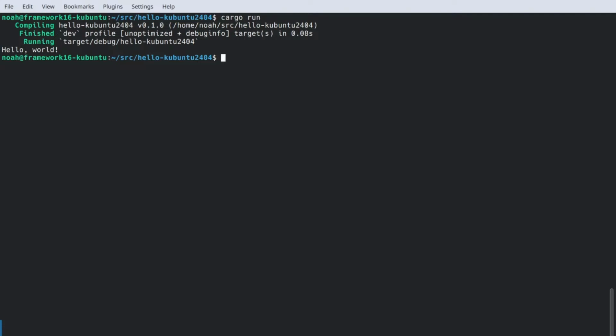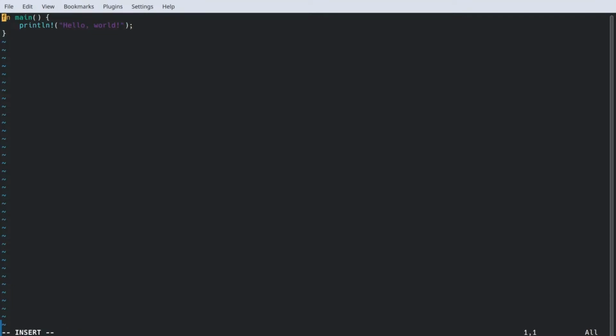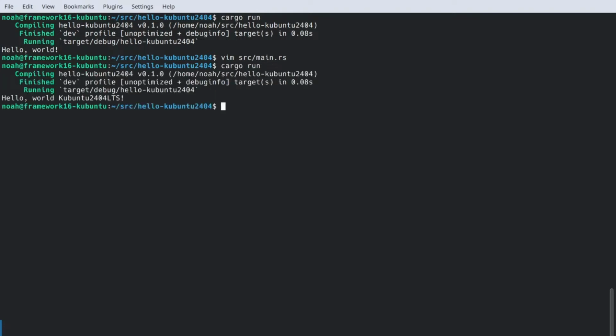And in fact, let's even go a little bit further and do our final fix here and just slightly tweak things with Vim. And again, Vim is a great editor for writing code. And we can go through here and we can say hello world, Kubuntu 2404 LTS. Let's go ahead and do a :wq. So write quit. Go ahead and run it again. There we go. So not bad to get set up on Kubuntu 2404 using just the terminal. And go ahead and try it out. See if you can get the same thing